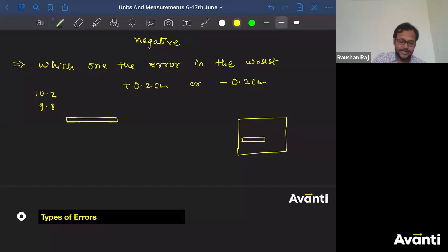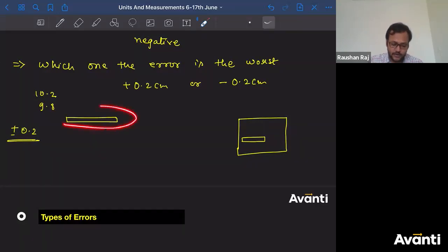If he tells you the error will be, let's say, plus minus 0.2 centimeter, then he has told you clearly that this rod can have a length between 9.8 and 10.2. The maximum length you can get is 10.2 and the minimum is 9.8. Now tell me, if luckily you get the length as 10, then it is fine. It will just go into this device and your device is good to go. But just consider if the length of the rod you bought from that shopkeeper is 10.2, because there might be error.